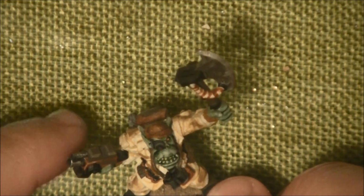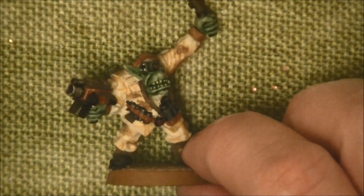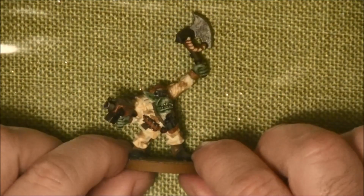And I think this orc can even be used today. So I really like this miniature. This is one of my favorite orc miniatures. Let me zoom out a little bit. This is one of my favorite miniature orcs. And then this was